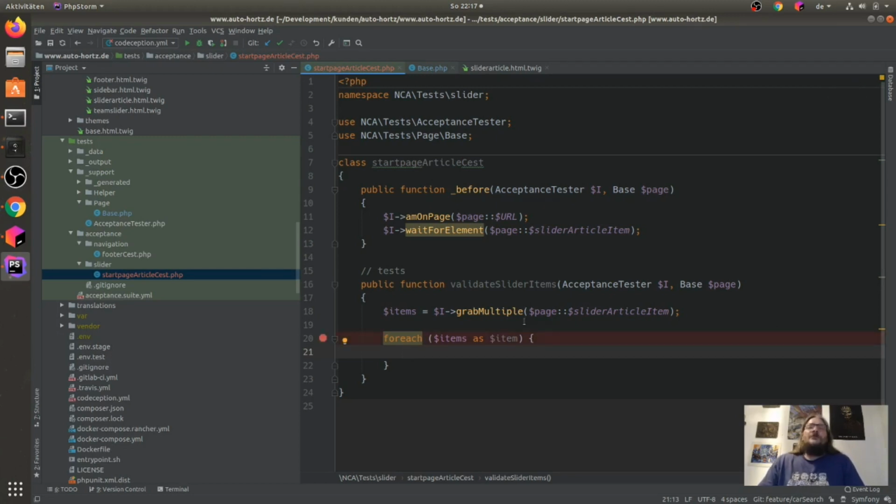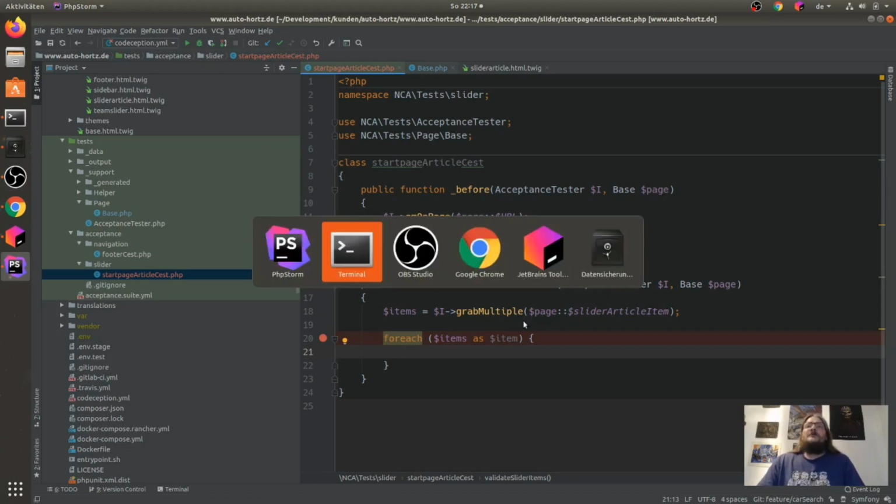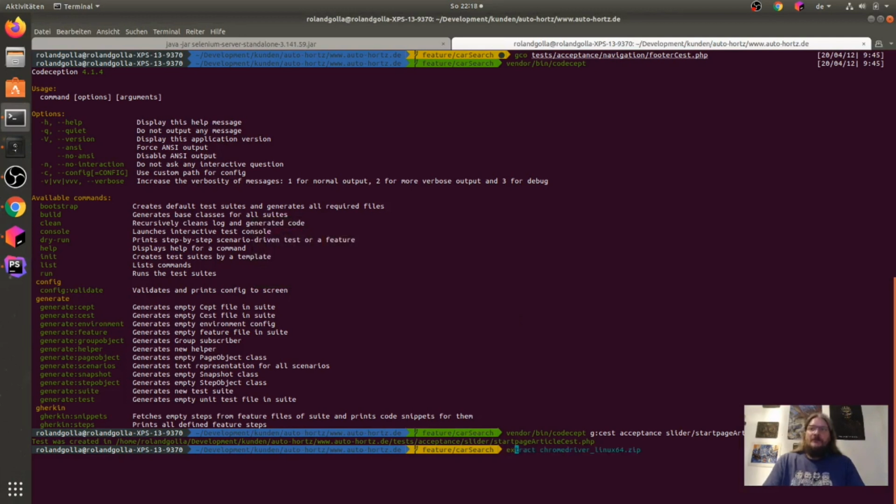When I want to use breakpoints from the command line, I have to do here something like export to set my Xdebug configuration here on my command line. This little snippet here is also in a gist. I will later put a link here in the video description. And so this is all that I have to do to make Xdebug run from my command line.